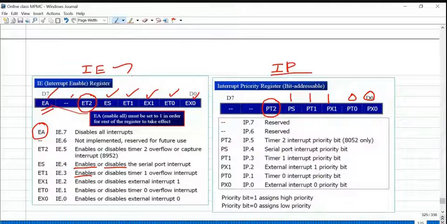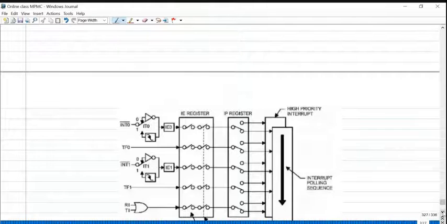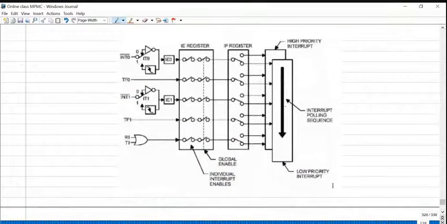Okay. So there are only two special function registers in association with the interrupt handling mechanism in the 8051 microcontroller: interrupt enable and interrupt priority. So this is the overall structure of the 8051 microcontroller interrupt. INT0, timer 0 overflow flag, INT1, timer 1 overflow flag, then serial interrupt. Okay. In nature, it is level triggering. If you make IT0 as 1, it is negative edge triggering.